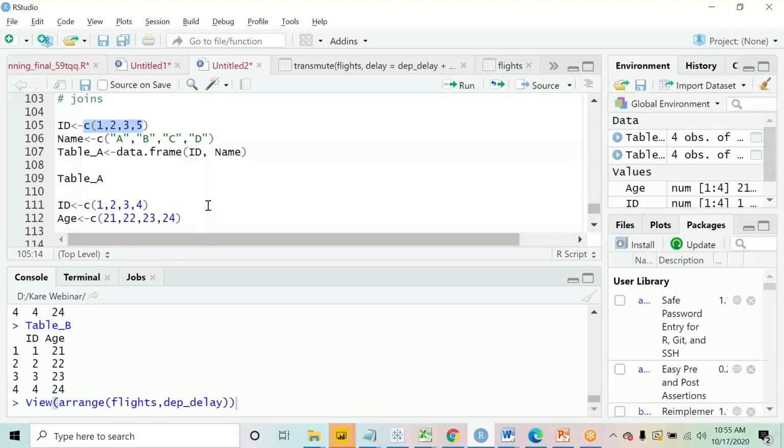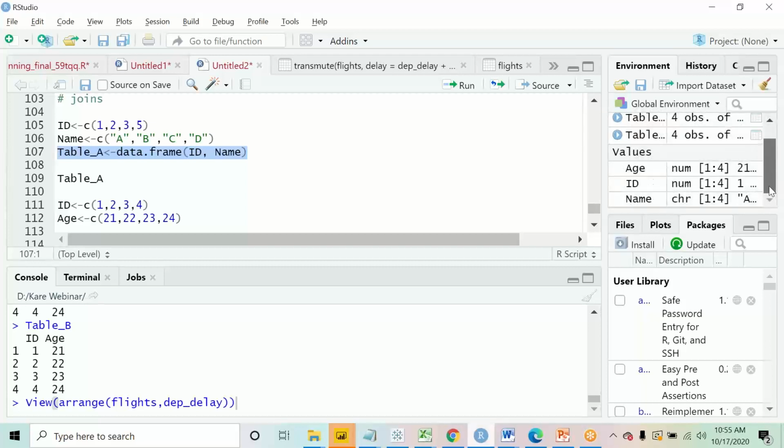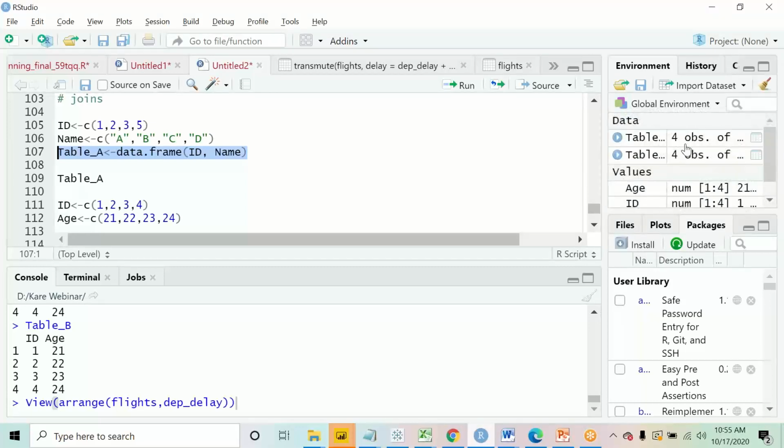Okay, so when I created this variable ID, I mentioned the ID to be 1, 2, 3, 5. And right away, I used that ID in this table. So my table is ready with the ID 1, 2, 3, and 5. So the data gets into the table itself. Since it is already in the table, even if I delete ID, age, and name, my tables will still be there, because the tables were created before the variables were deleted. I had already used them up.